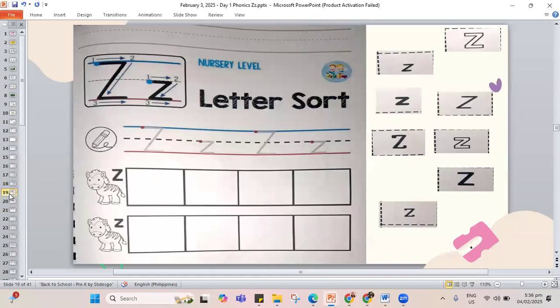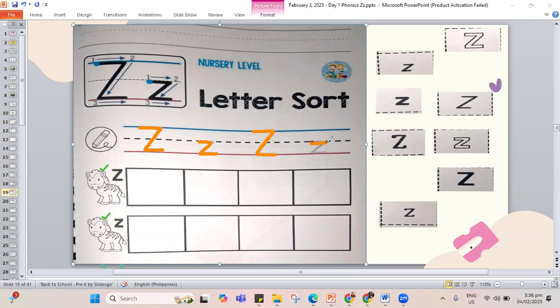And this time, it's going to be our letter sort. Now, for this work, please write your name at the top. Trace for your letter Z's, cut and paste for your Z's. You have to check if it is capital, that's a big letter. If it's lowercase, it is a small letter. So see, you get to do those letter Z's. Let's trace for our letter Z's here on this part of the work. So we have both capital and lowercase z.